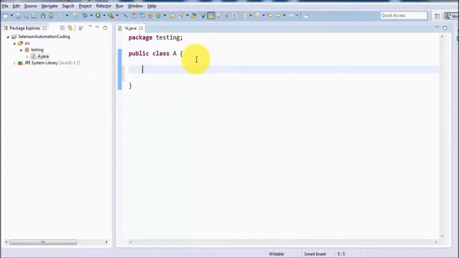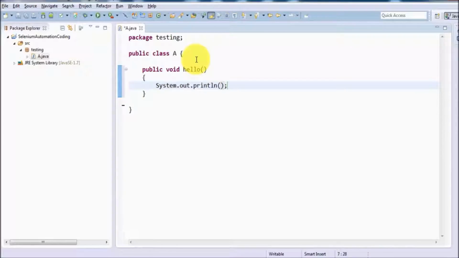Now I want to create a method. I just want to display something on the console. So we have seen we write public void, and the method name I'm just giving is hello. System.out.println, so I'm using the shortcut syso, Ctrl+Space, and I'm saying this is